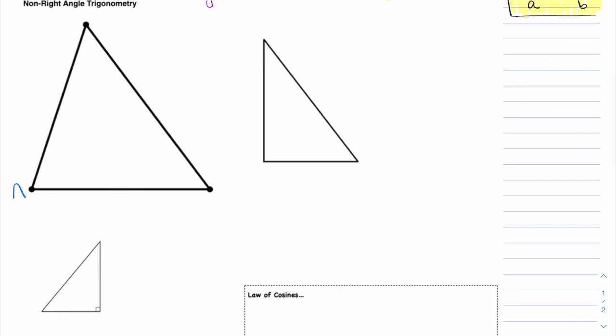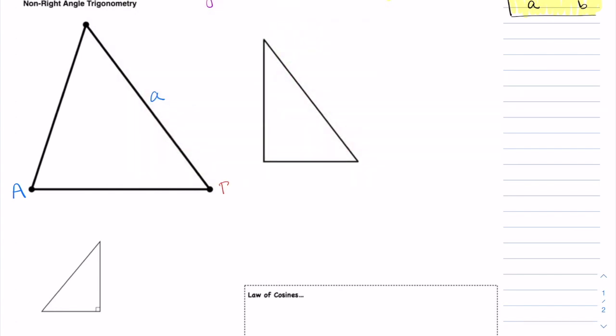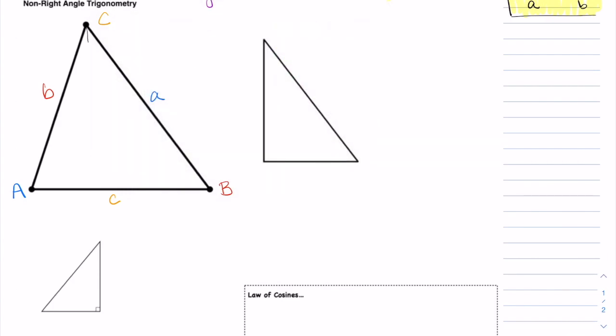So I'm going to label this. Remember, all of our angles get capital letters. All of our sides get lowercase letters. And I think this one here was orange. And I believe I also added a height or an altitude for you. Okay. And I called it